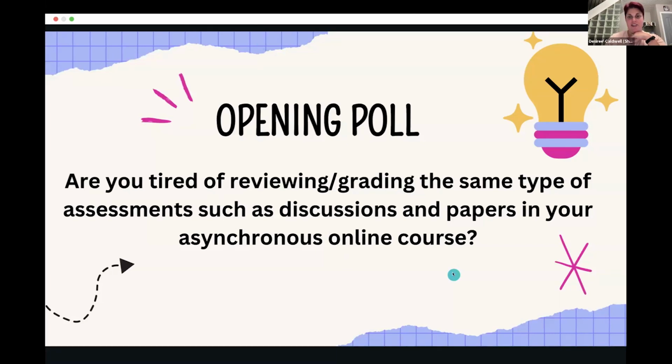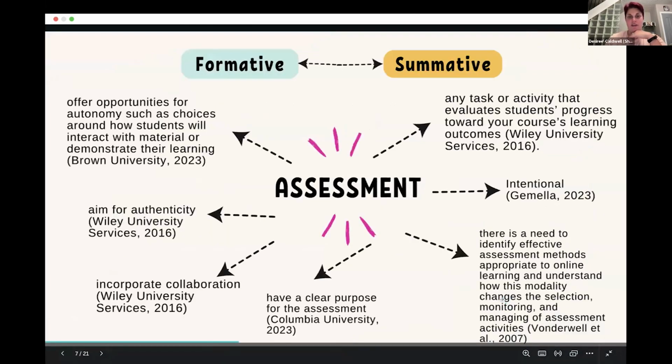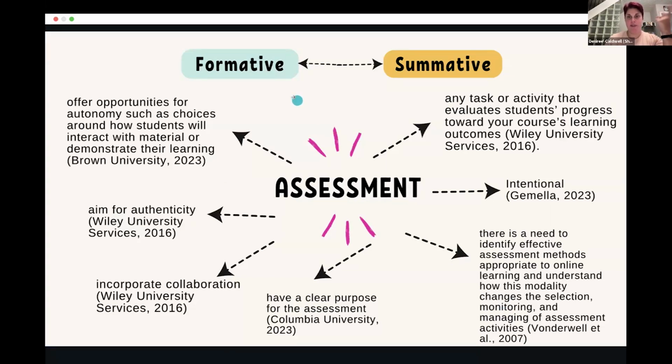Okay. So that's why you're here, because the majority of you are looking for something new. So when it comes to assessment, there's two types, summative and formative. Like I said, my program is every 7 weeks, so it's really, really difficult for us to implement formative assessment